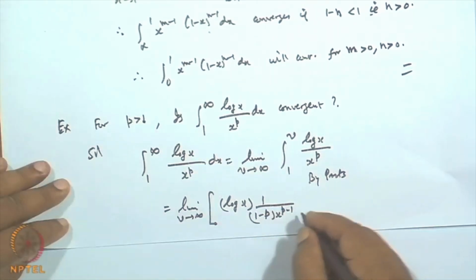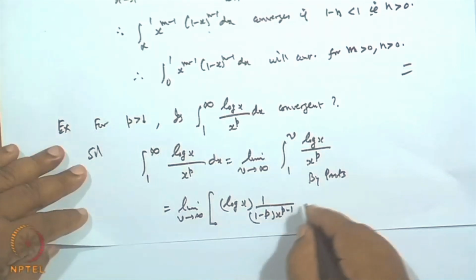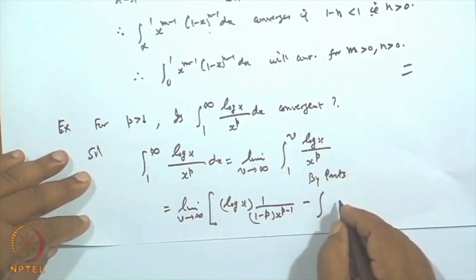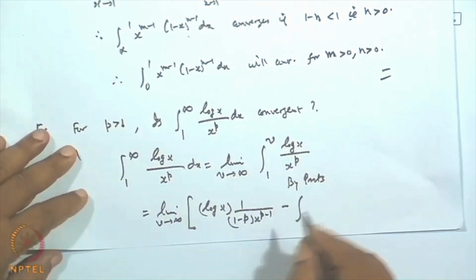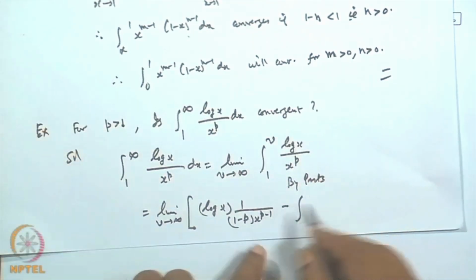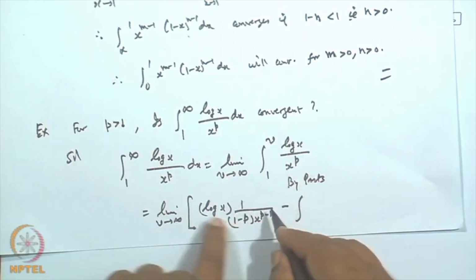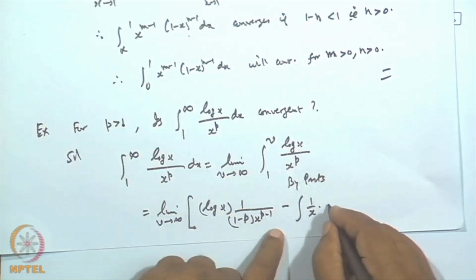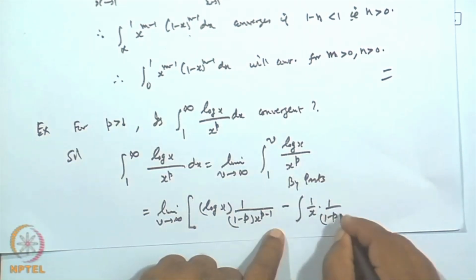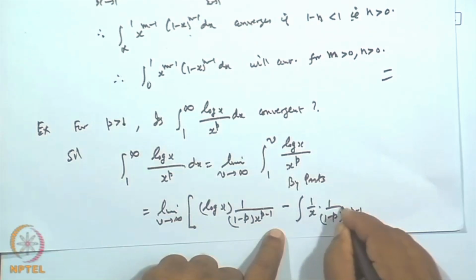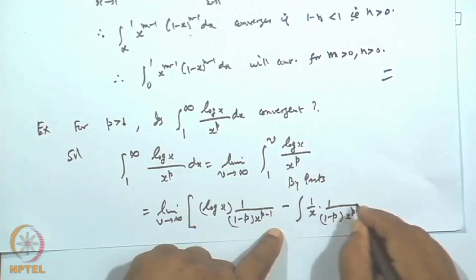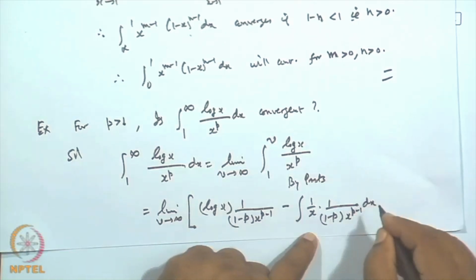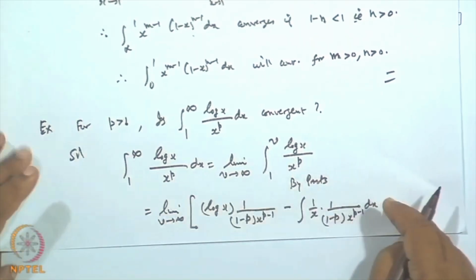First function, integral of the second, is log of x, that is 1 by p. First function, integral of the second, minus integral of the derivative of the first, 1 by x, and integral of the second will be x to the power 1 minus p over 1 minus p, dx. Okay, so when we again apply this